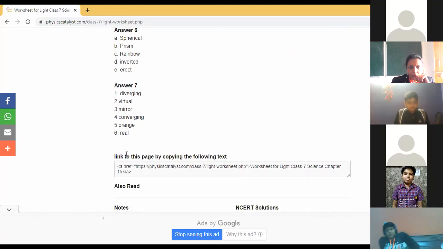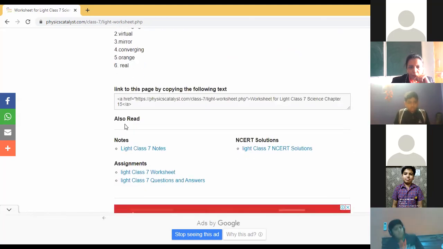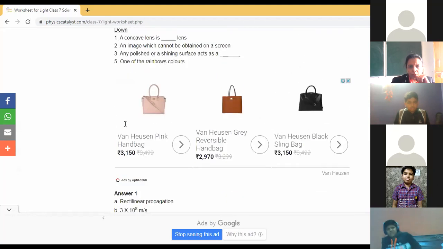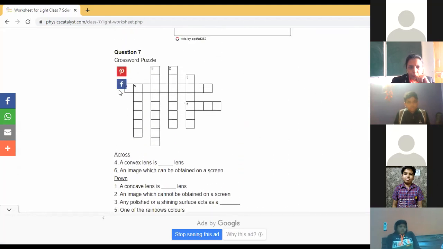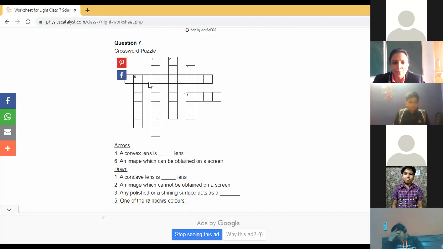Orange they had sent. Orange or indigo, any of the colors can be there. They are saying orange. Orange will not come, because in number 4, what have we filled? Diverging. And number 5, indigo, we can say. Why had they sent it? Okay, no problem, children. In fourth we filled converging. That's why we are going for orange. Orange color is there. If it is converging, then we are going for orange.